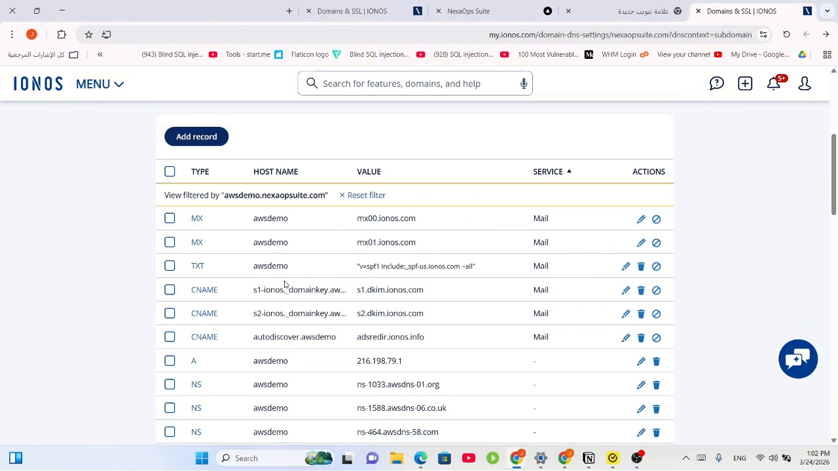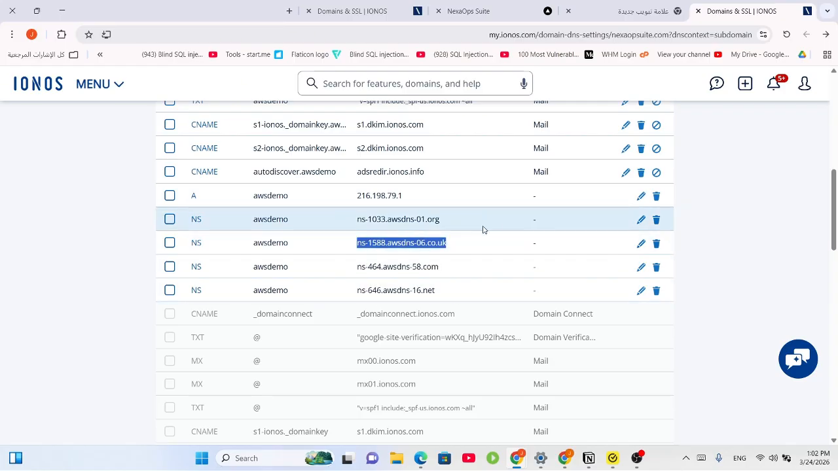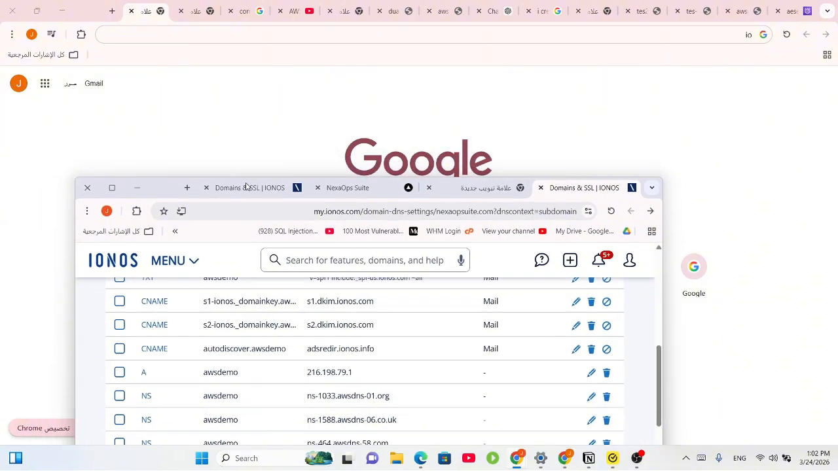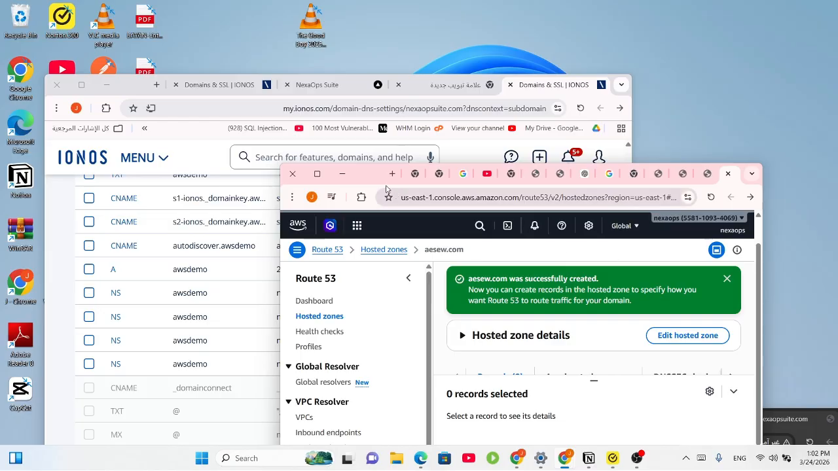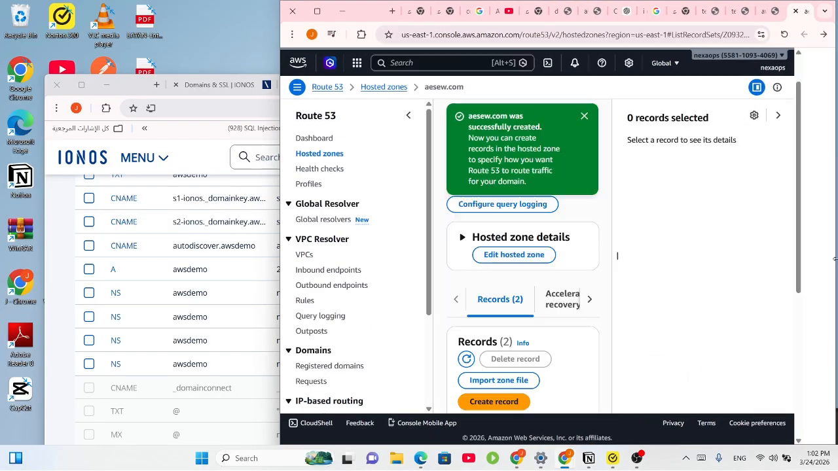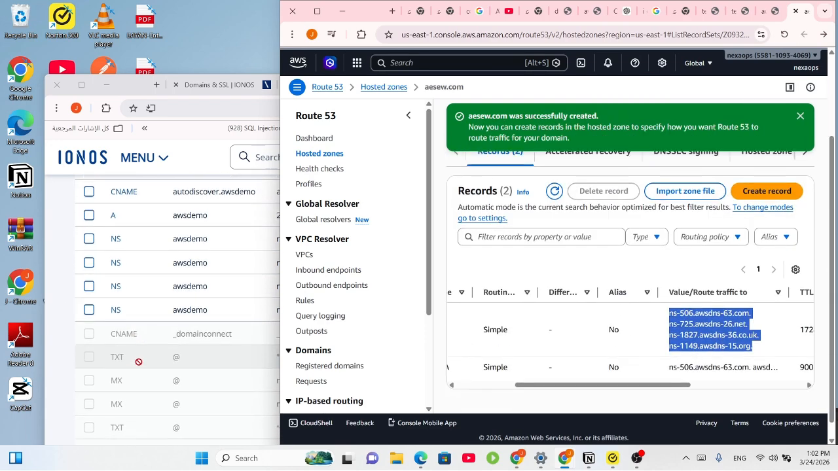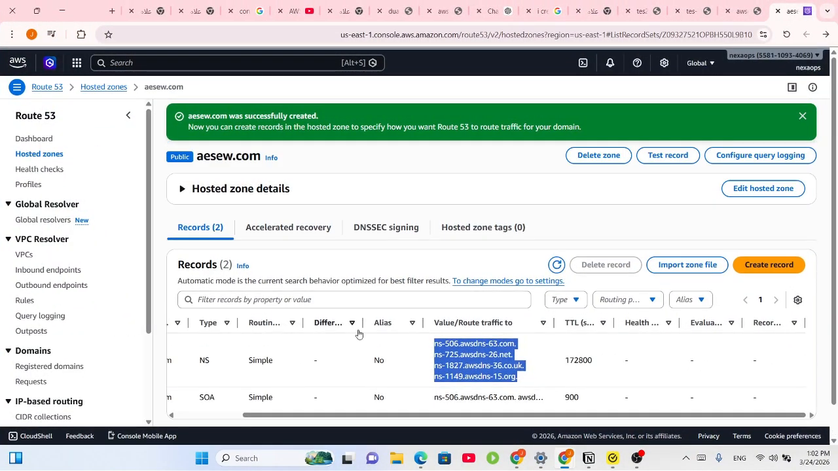Here I added. You will add a name server record like this. This is the one that I added, a name server record, and this is the record. 1, 2, 3, 4. I added these name server records basically. These name server records I got from here. This is what we need to do. This 4, I added them one by one here. 1, 2, 3, 4. Once I added them,